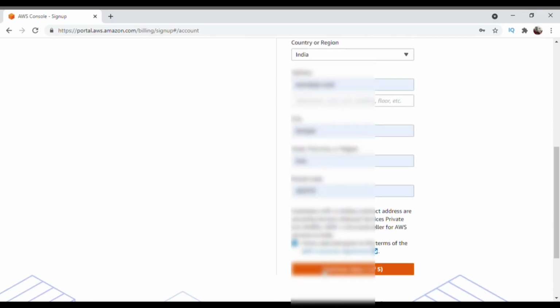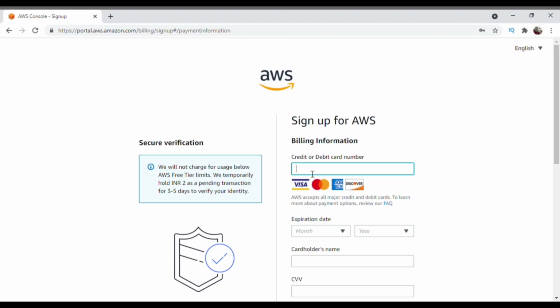Let's talk about the billing information. Why billing information is required in a free hosting? Amazon or AWS sells many other services along with the hosting, which are paid and some are free. If you opt for the paid services, then you will be charged. And also, if you decide to go with the subscription after your free trial ends, Amazon does not want to interrupt your payment. That's why they ask for the billing information. You will also be charged if you exceed the limits of the free hosting. But if you watch the video till the end, I guarantee that you will not be charged at all and you will be enjoying your free hosting without any problem.